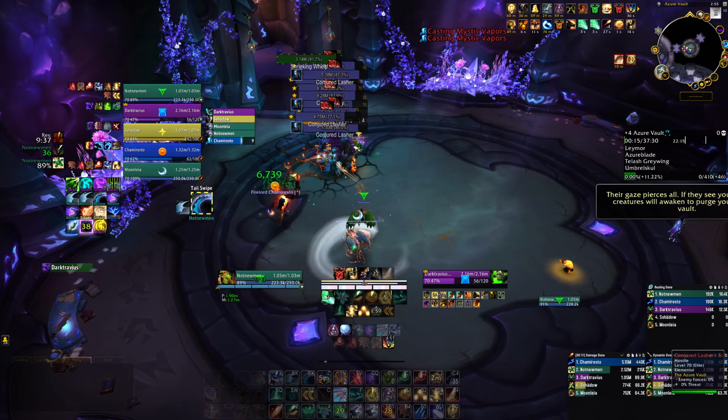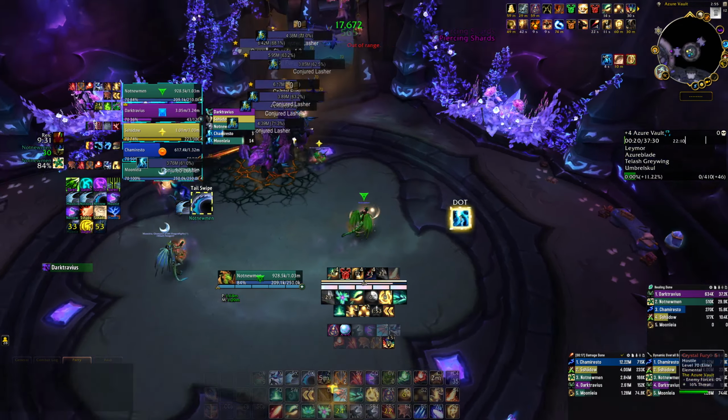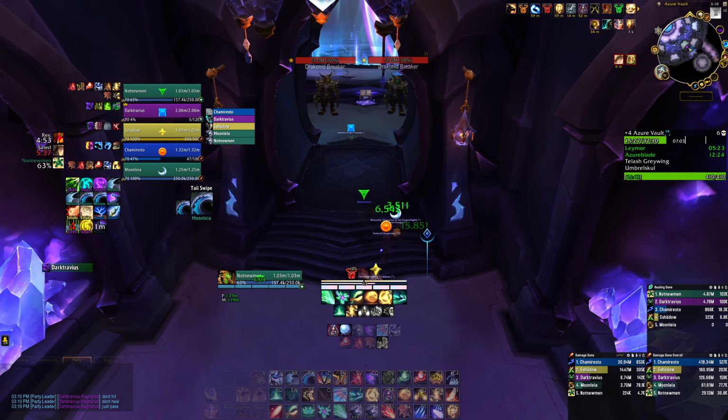This key started with us basically immediately wiping from the first pull. We let 3 of the Lasher's casts go off, and then our tank got out of my range pretty fast after leaping away. He then died, but after rezzing we somehow managed to save most of the pull, which meant that it wasn't a complete loss. The route from the tank was actually quite good, and most of the group kind of knew what they were doing. After clearing out the platforms, we all jumped down towards the room with Azure Blade, and cleared out the frogs with relative ease. Our tank then wanted us to skip the final 2 mobs before Telash with a trick